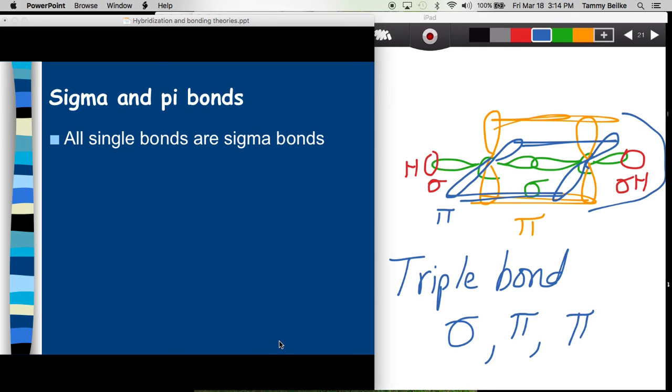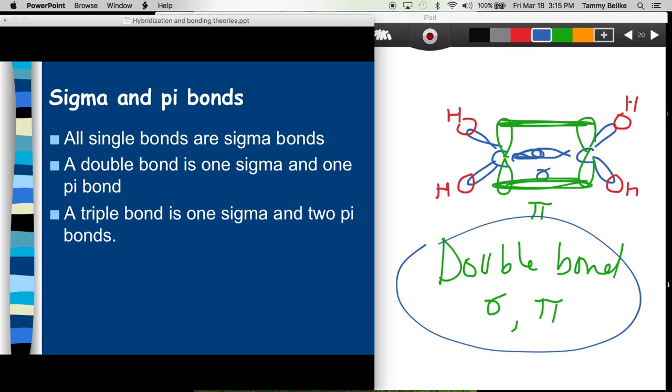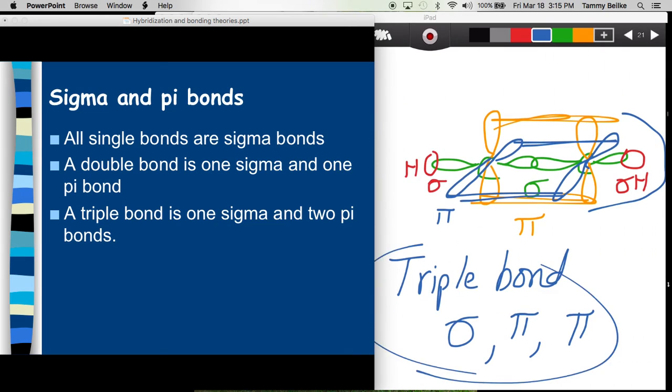So here's the big takeaway. Anytime you have a single bond, it's a sigma. If you have a double bond, it's a sigma and one pi. See? Right here. A sigma and pi, and that's it. If it is a triple bond, it's a sigma and two pi bonds. That is the main takeaway from this pi and sigma bonding business. So when I give you a molecule, see, that's it. If I gave you a molecule like this,